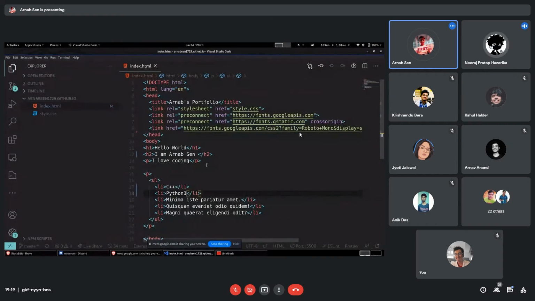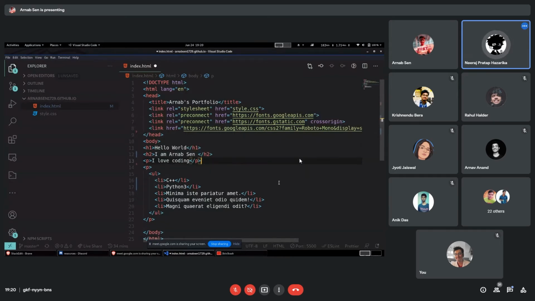I had one question. Yeah, sure. Is a proper GitHub commit necessary? I mean, will it affect our final evaluation of the portfolio? Yes, I will say yes, because it will not just be necessary right now. If you have that habit of making proper GitHub commits, it's going to help you in the long run.